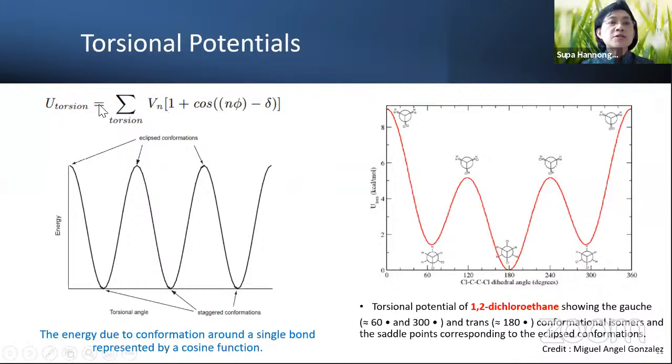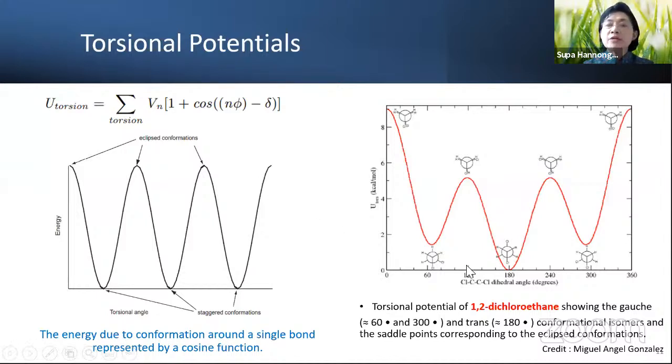And for the torsional potentials, we have the Taylor series of the cosine function. You can have the force constant over here and the 1 plus cosine term. And for this, you can see the energy. If you plot the prediction of the energy due to the torsion angle and the staggered conformation of some single bond in some molecules, you can see the cosine curve. At the bottom, these are the torsional angles. Staggered conformation would be more stable than eclipsed conformation.